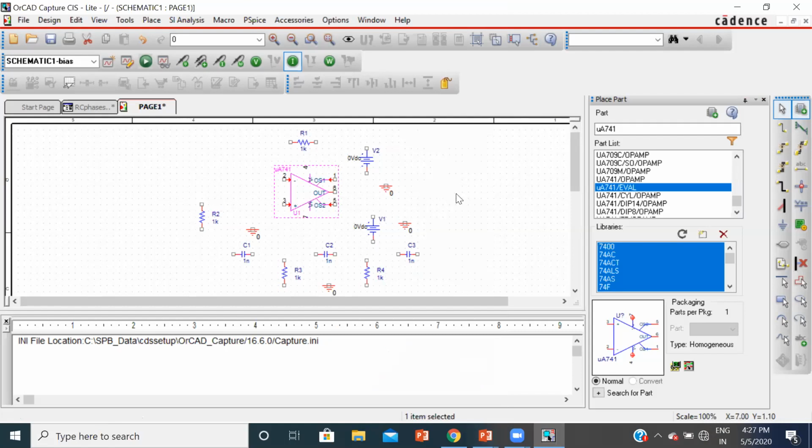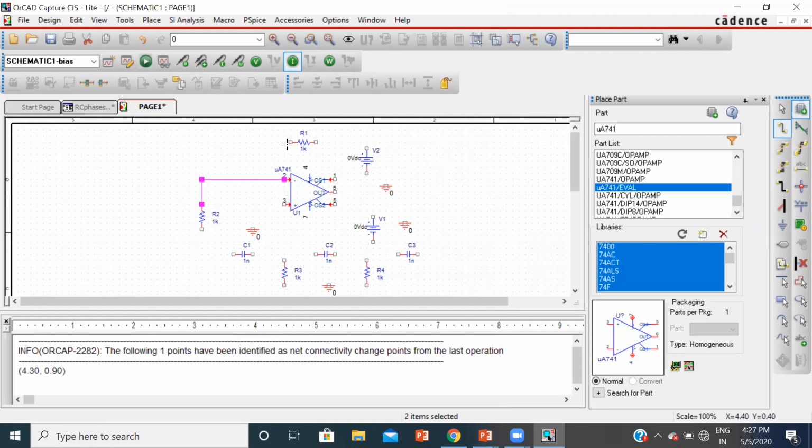Next you're going to connect all these components. The place wire option is there. Place wire. At the second pin, the input resistor is there, and this is a feedback resistor which is connected to the second pin, and then this resistor is connected.